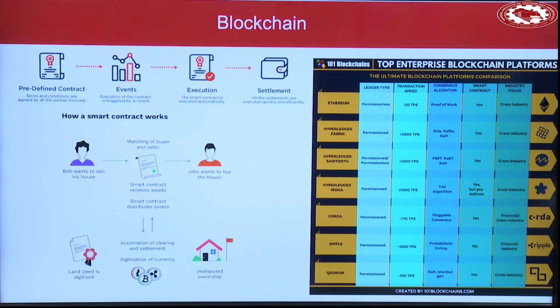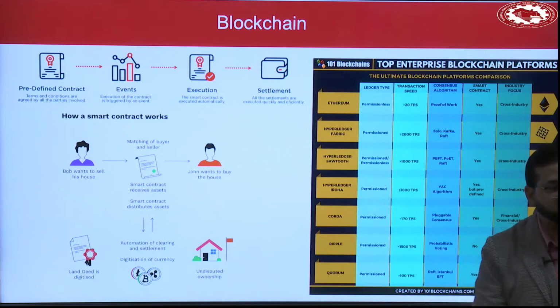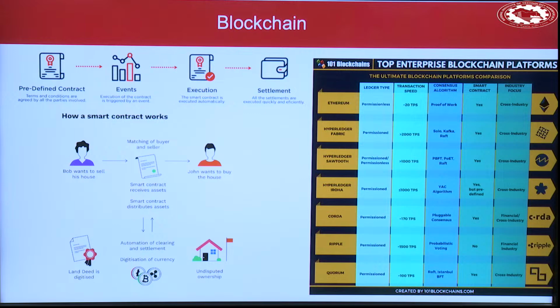Now, the seller says, I will sell my house if it is 20 crore, for example, at least this amount I want. There are buyers, they have their own constraints. So we can write a contract. We don't want to do a lot of negotiation or whatever. We write a contract. These are the conditions in order to buy it. The buying amount should be at least 20 crore. We will not be selling for less than this amount. These are the conditions. These are the documents. You have to verify X, Y, Z. Creating a digital contract, putting in these conditions.